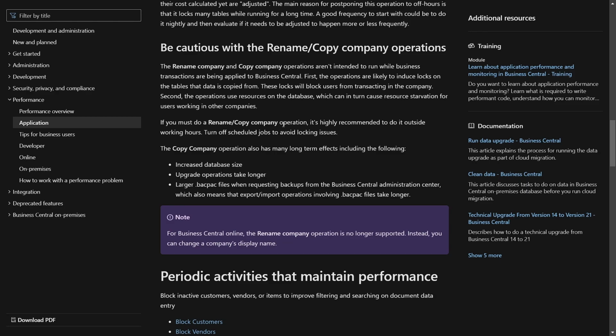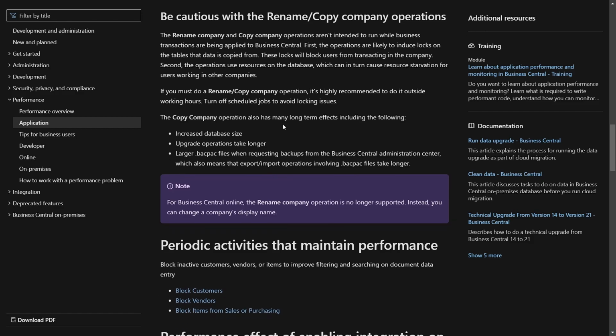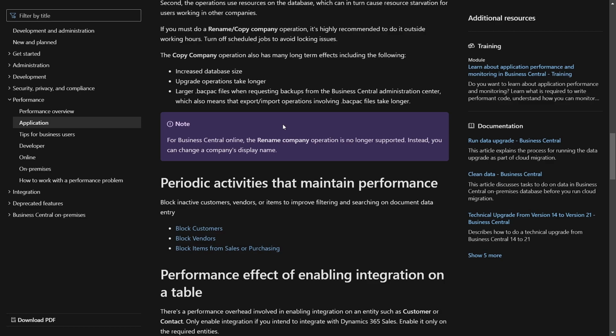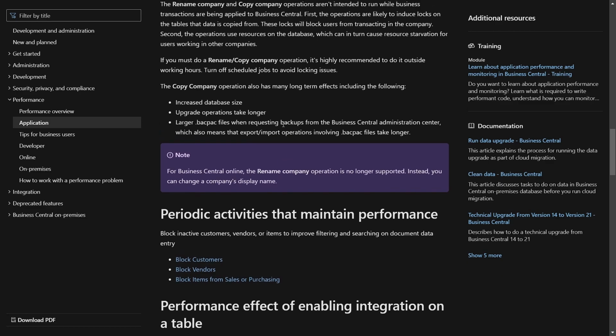Leverage it as much as possible for operations that involve such copying, testing, and all that, and retain the minimum number of companies that are needed, but only copy companies when necessary. And then